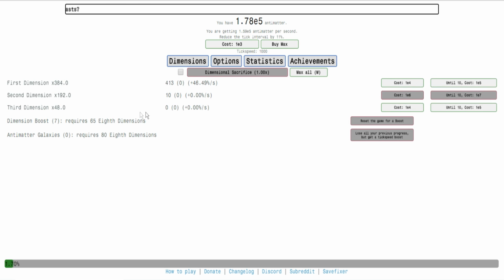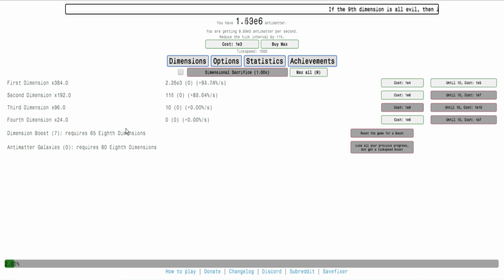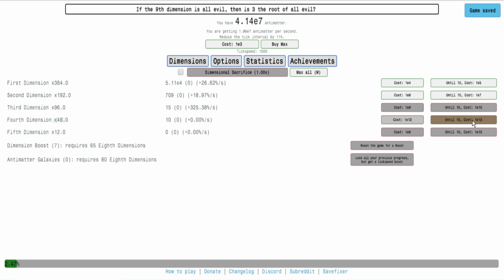go right towards this. Oh no, it's 65, I lied. Okay, yeah, that makes sense. So yeah, we're going to have to aim for that. Get the 8th dimension boost, which makes sense. Okay, 8 dimensions, you have to do 8 dimensional boosts. Sure, I get it. Makes sense. We do that, and then it should allow us to...